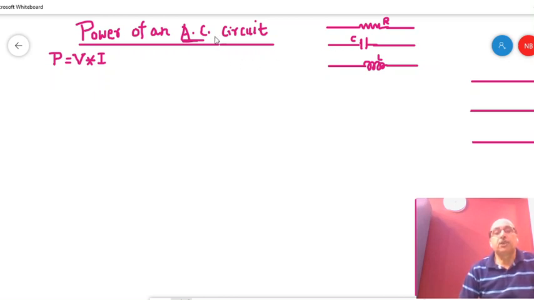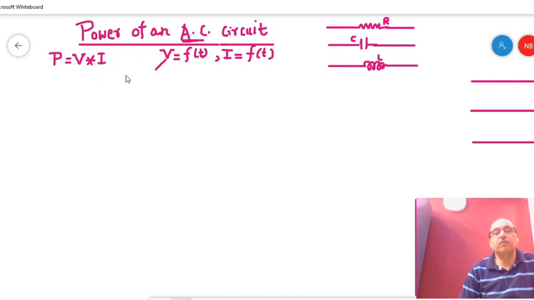The current on the AC circuit is the instantaneous current, which is the function of time, and the voltage in an AC circuit is also a function of time. So the current and voltage both are regularly changing with time, and we use this voltage,